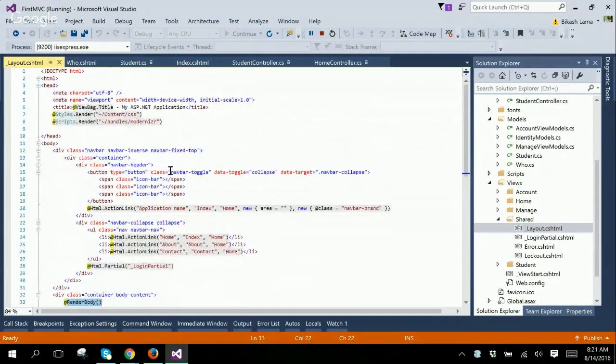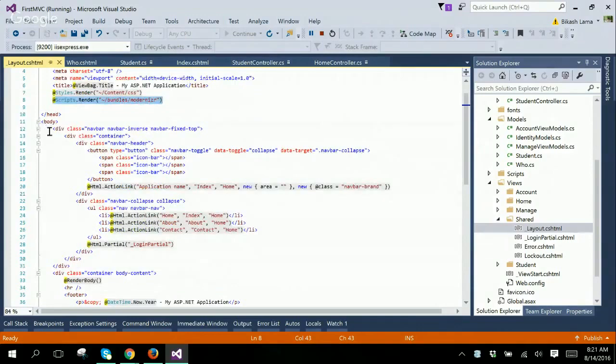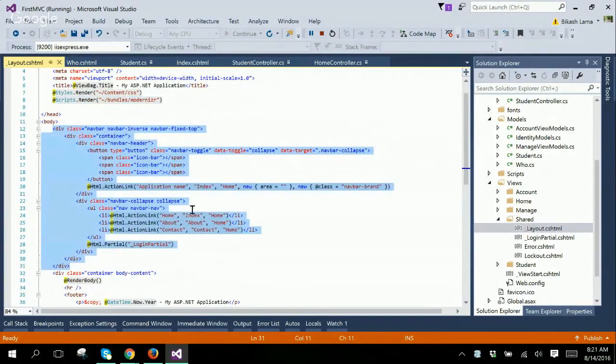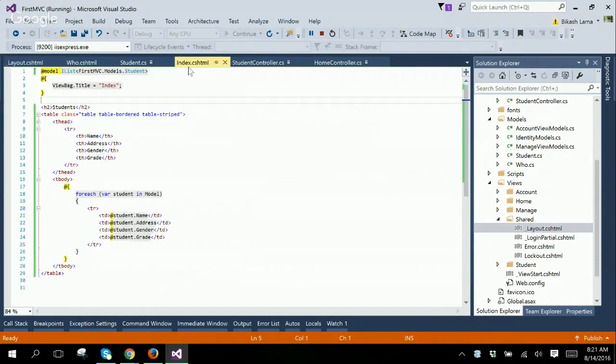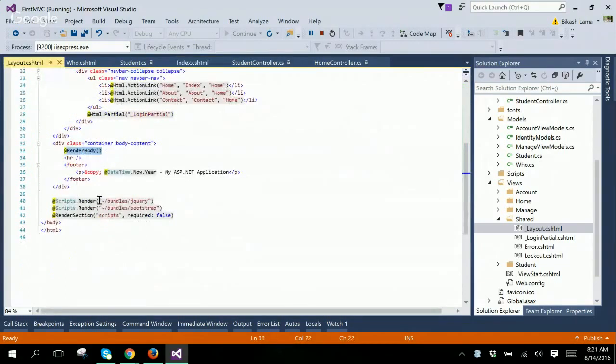Here, if you look closely, it has all the HTML tags needed. And we have the head tag, and the necessary CSS files and bundles are rendered over here. And here, this is the navigation. And here, this is the container where RenderBody, this function, renders the content that is written inside these views. This code is rendered in this section, and we have this horizontal line, and this is